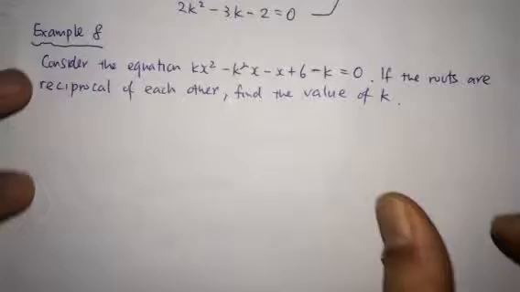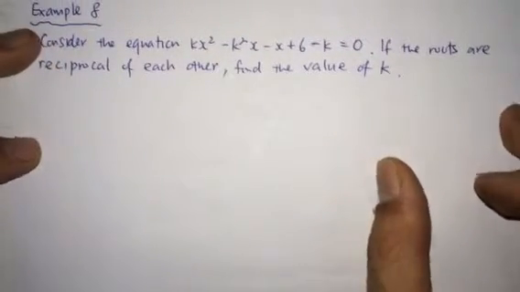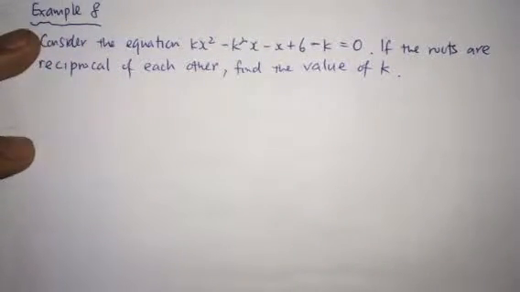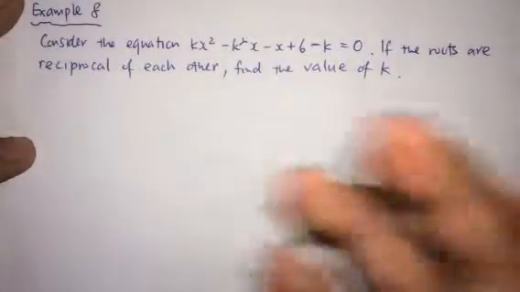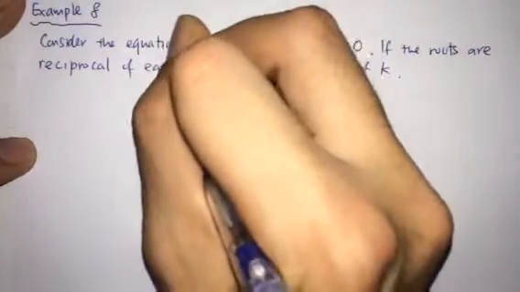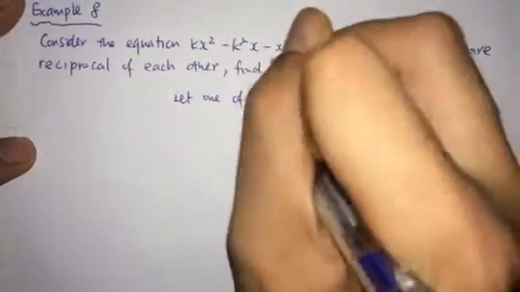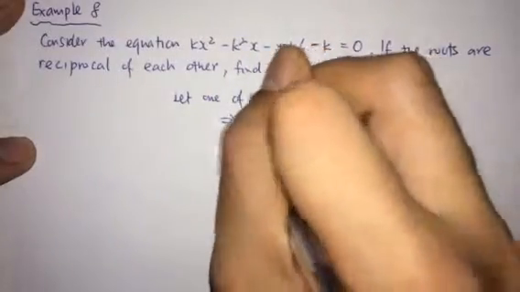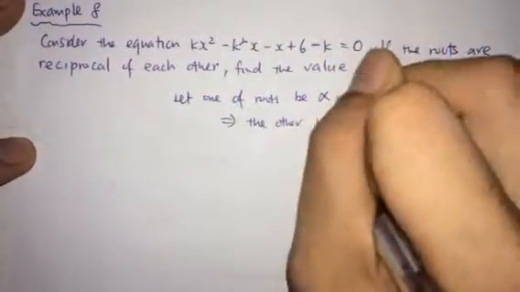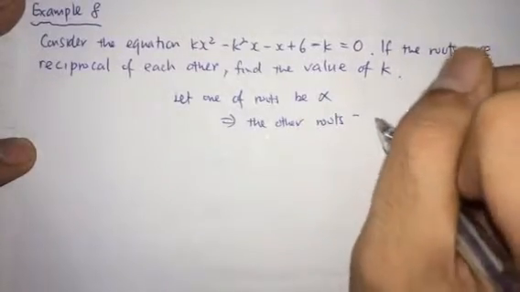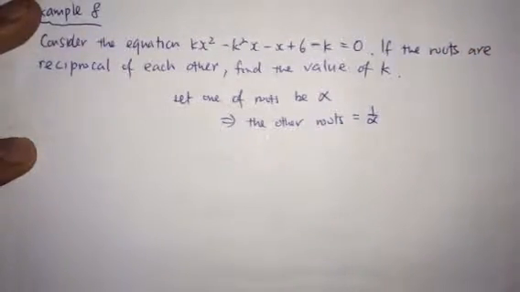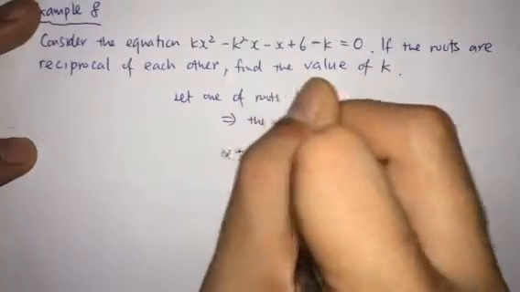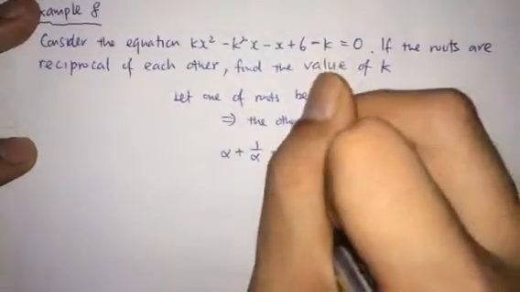So the equation given here will be in terms of k, and they tell you that the roots are actually reciprocals of each other. So instead of giving you two equations, changing the roots, what this question is trying to tell you is that if we let one of the roots be alpha, this means that the other root will be 1 over alpha. So applying what we know, the sum of roots will be alpha plus 1 over alpha, and this would give me